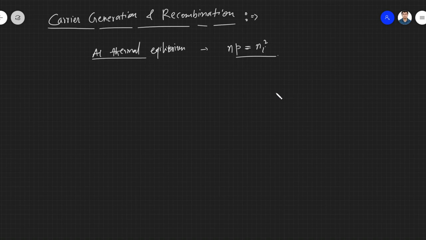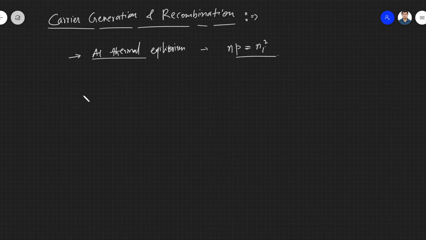When you shine light on the junction, there will be some excess carriers, right? In this situation, when light falls on the semiconductor and there is an absorption probability, then the system is not in thermal equilibrium,